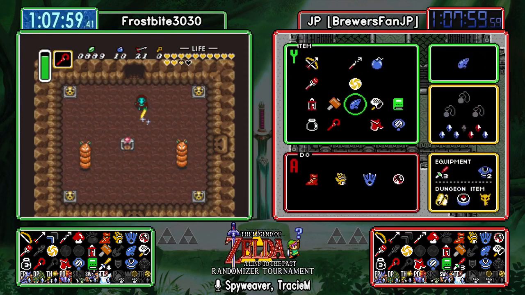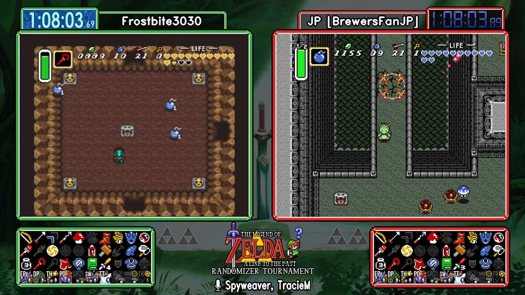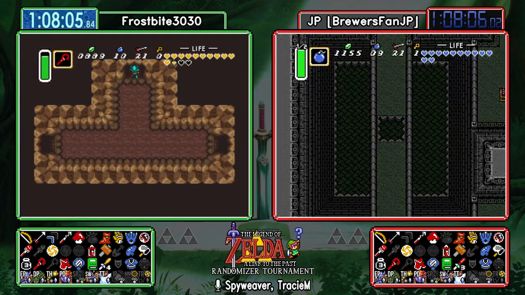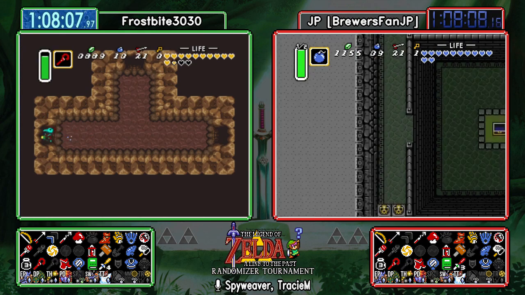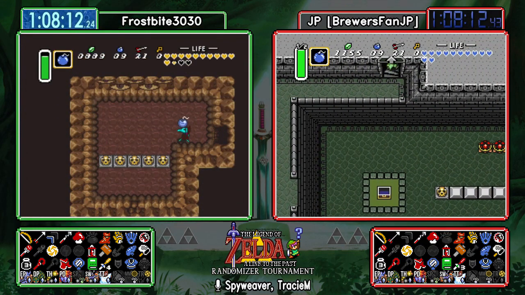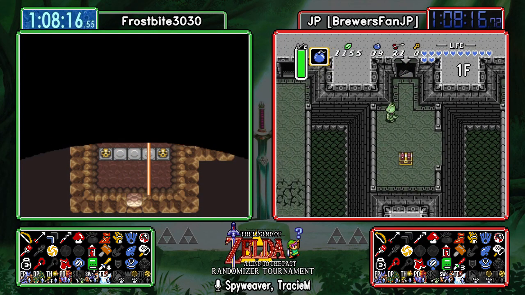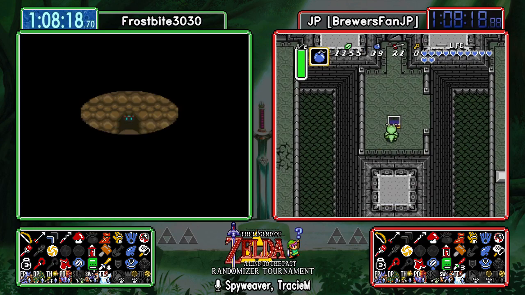Oh yeah, and it looks like he knows as well that it's pretty much a hunt for the ice rod at this point. You really don't want to leave even just one check behind any place at this point. But JP also does have the advantage of knowing that ice rod is not hiding on the...